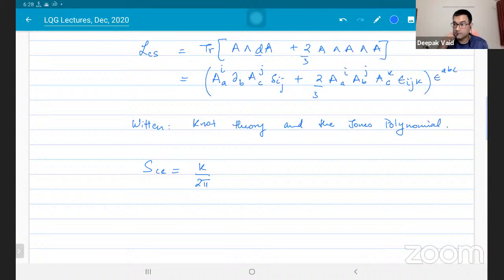Well, knots are important because they correspond to non-trivial topological configurations of gauge fields. You can have these knotted configurations in electromagnetic theory also, and also in Yang-Mills theory. That's one thing. Then, of course, there is the very old attempt by Lord Kelvin to think of elementary particles as knots in the ether, right?